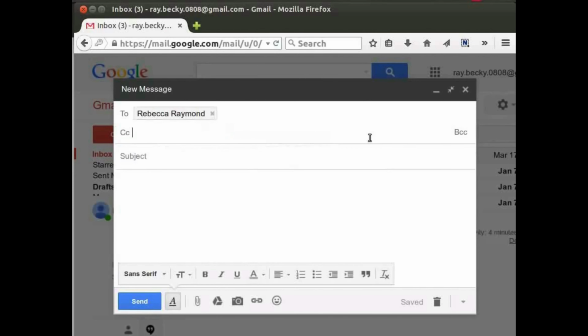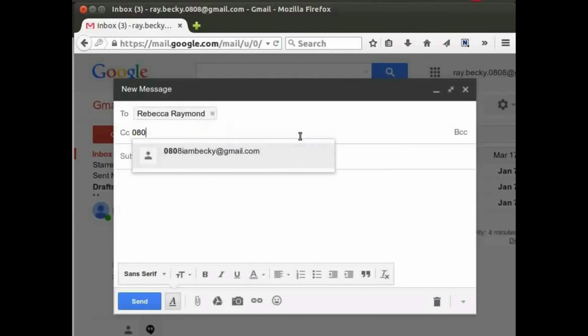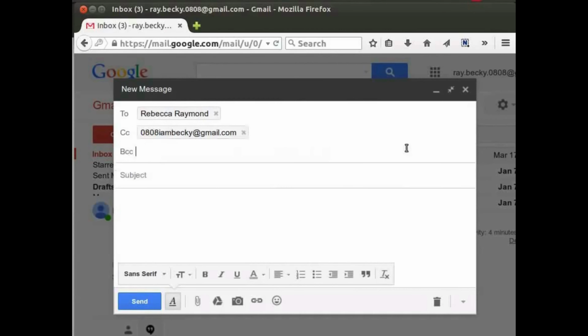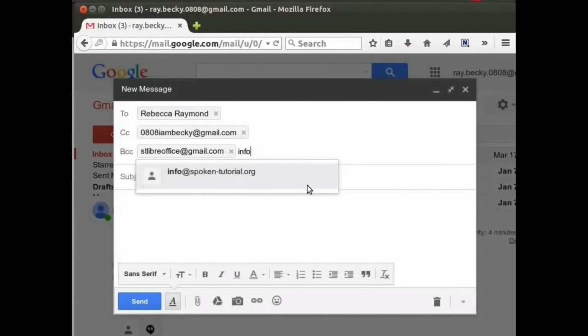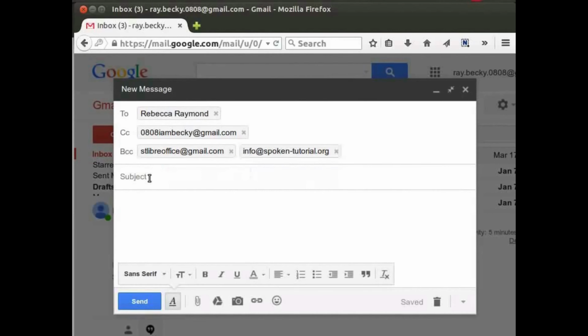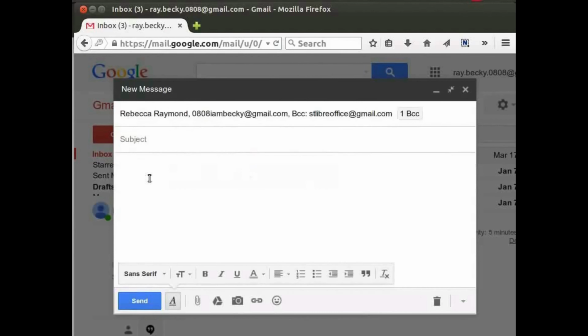In CC field, 0808Becky@gmail.com. In BCC field, stlibreoffice@gmail.com and info@spoken-tutorial.org. Click in the subject line and enter a short description for your email.